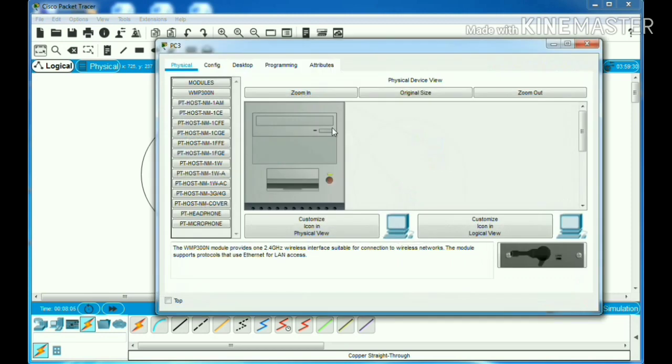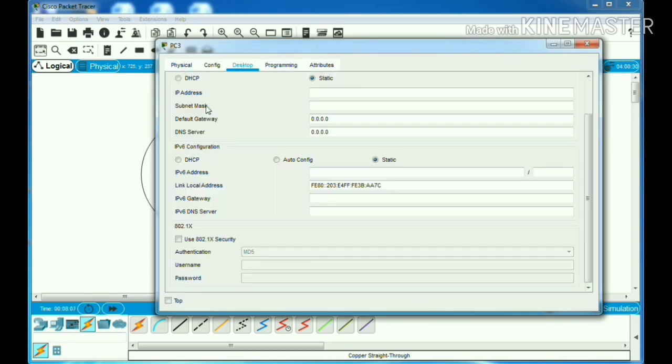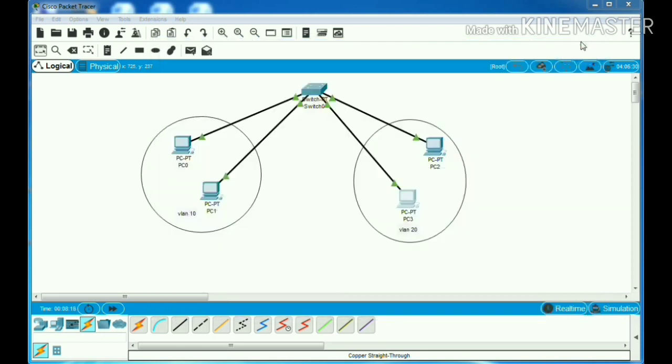Click on PC3, desktop, IP configuration, let the IP address be 20.3 and the default gateway is 20.1, same as previous. So these are the IP configurations of all the PCs: 10.2, 10.3, 20.2 and 20.3.